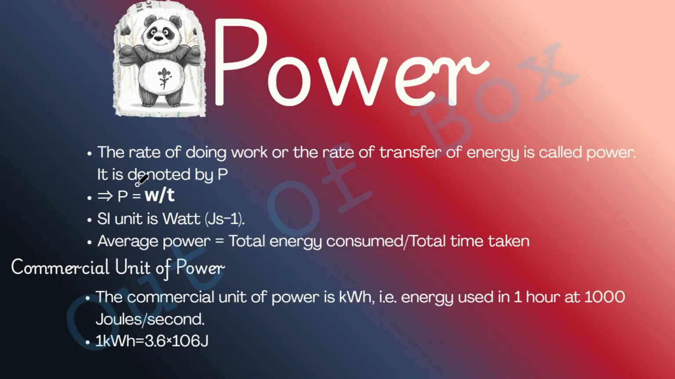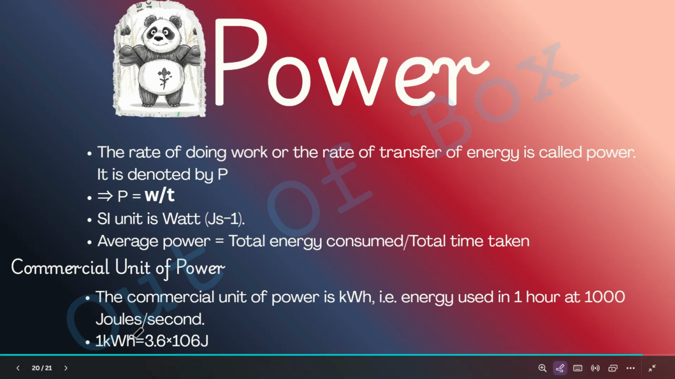Now we will study power. The rate of doing work or rate of transfer of energy is called power. It means work by time equals power, that is, in how much time the work is done. The unit of power is watt, or joule per second. The average power is total energy consumed by total time. The commercial unit of power is kilowatt, and 1 kilowatt equals 3.6